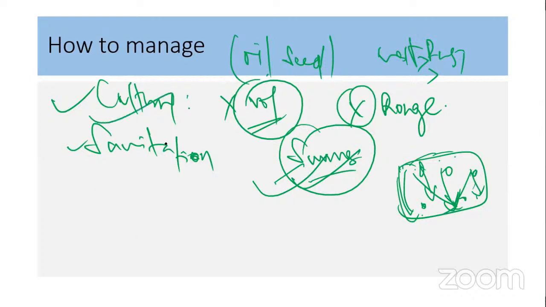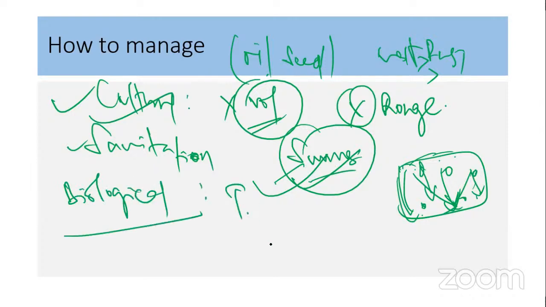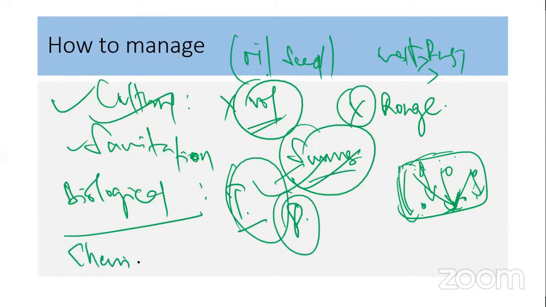Then after cultural methods, whatever biological control is there, you can follow, like Trichoderma and Pseudomonas. These are all preferred. Then ultimately, if you want to go for chemical control, the same way, Fusarium can be controlled with carbendazim, right? So Benomyl,